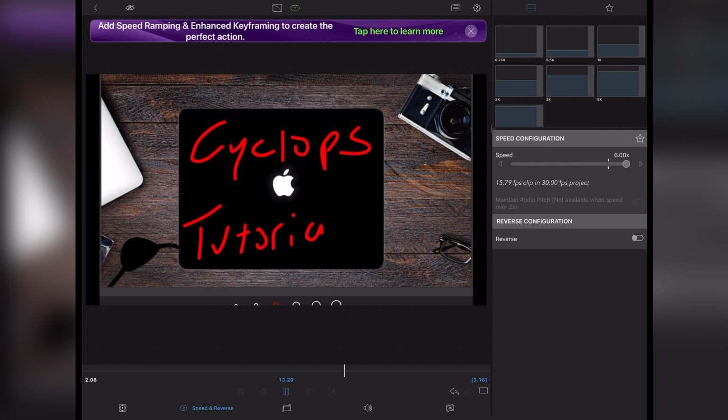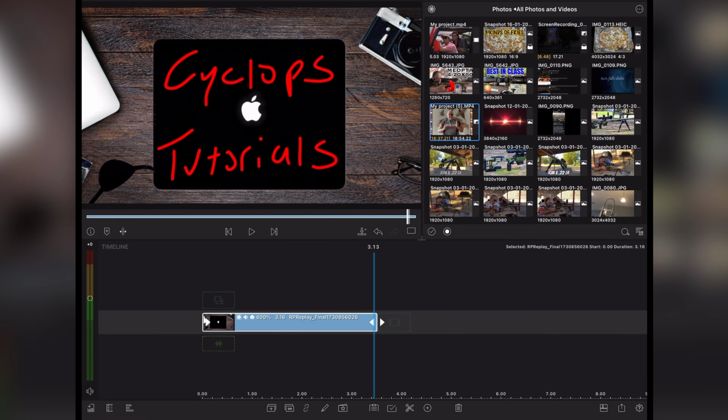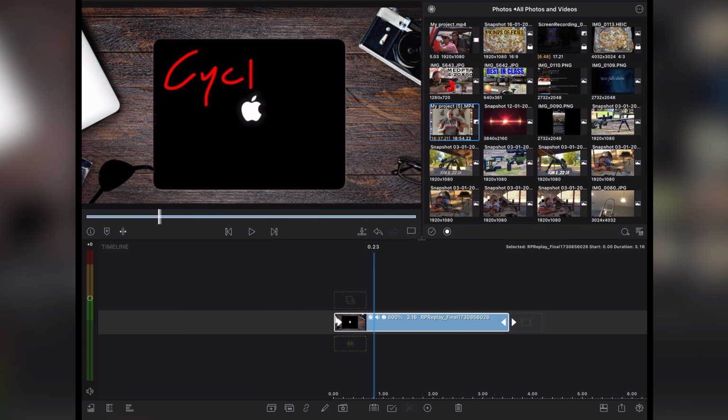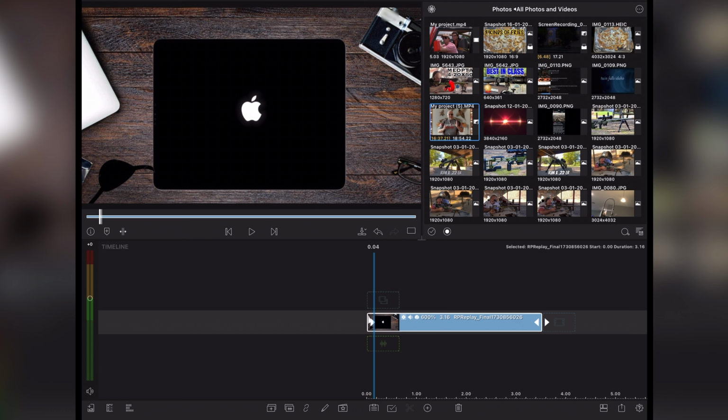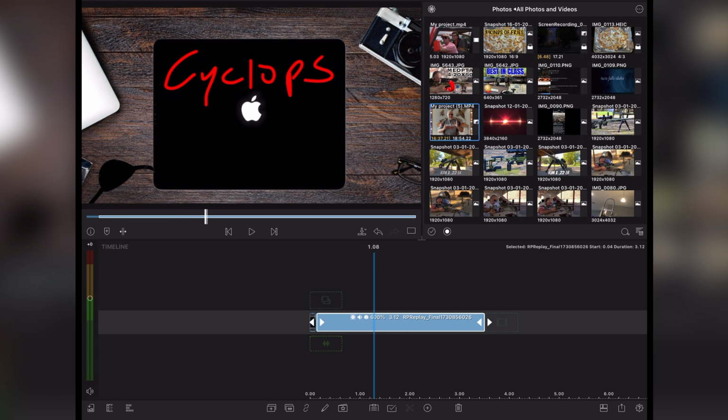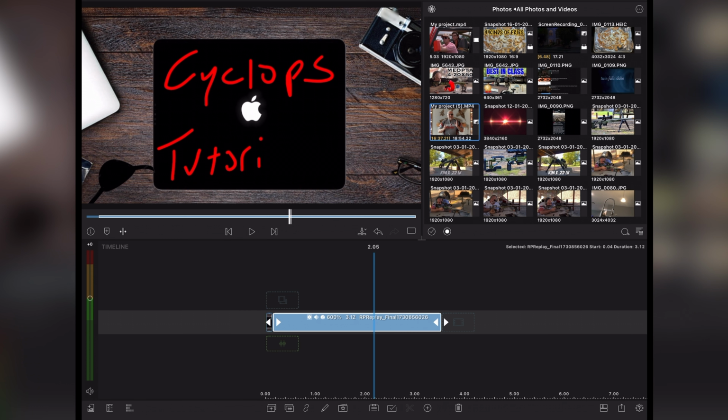Now, right here, I've got it on 6 power. I hit the playback button, and that'll give you an idea how fast it's actually moving. So it looks pretty good to me. So right now I'm fixing to go back, start it over, and play it through. I'm just scrolling it with my finger. Let me get it right where I want it, and I'll just hit play. Still haven't decided. Right here at the end, I'm going to make one more cut, and I'm going to slow